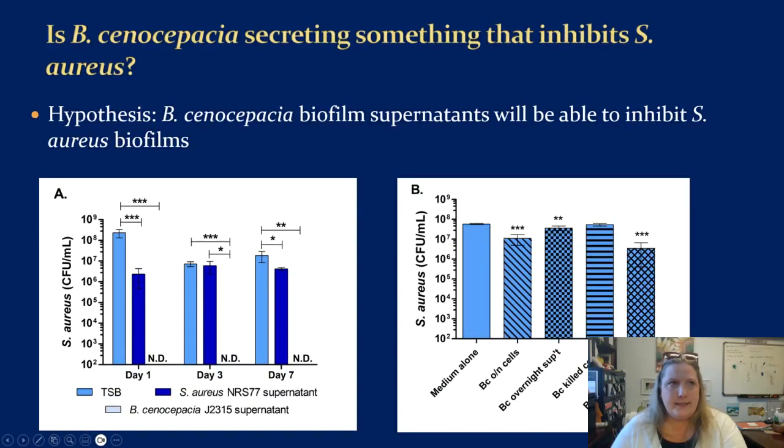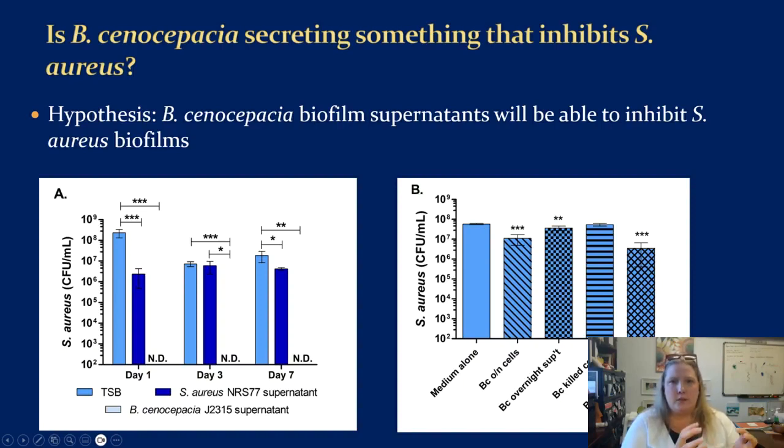So we asked then, can Burkholderia cenocepacia produce and secrete a compound that can kill Staph aureus? In other words, is this inhibition of Staph aureus cell-to-cell contact mediated, or is it something that is diffused away from the Burkholderia and can kill Staph aureus? The reason we ask this question is because antibiotics that we traditionally think of as antibacterials in the clinics, like ampicillin or amoxicillin,